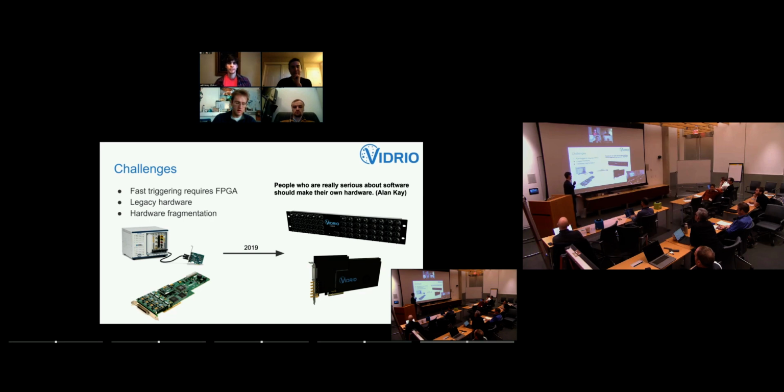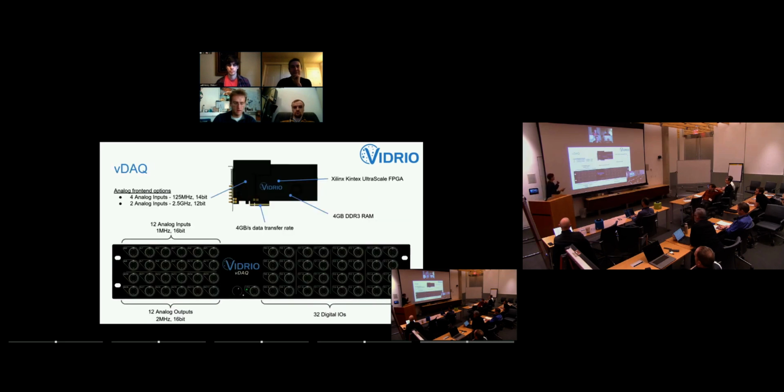And we were like, okay, so we are trying to do our own thing. And there's this quote by Alan Kay that says basically people who are really serious about software should make their own hardware. And we kind of took that seriously. And we implemented our own hardware, which is one very nice hardware controller for microscopes that includes an FPGA on the board that basically allows us to do this tight synchronization of all devices that we control